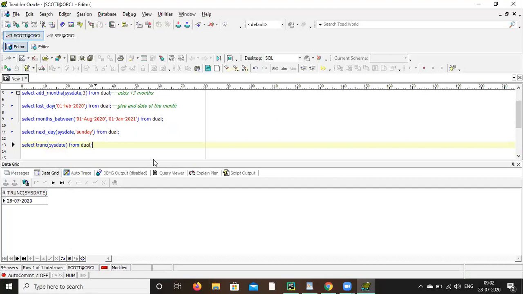Run it. After select, write sysdate, comma, trunc. Run it. If you write only sysdate, it will give the hour, minute, second. If you don't want hour, minute, second, you can trunc it. Okay. So this is all about your date and time function. Save it.